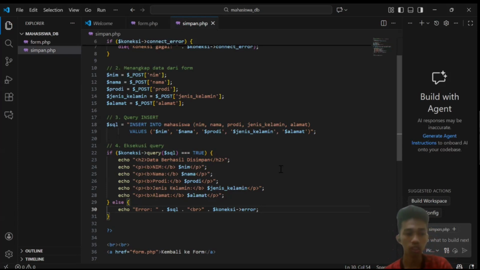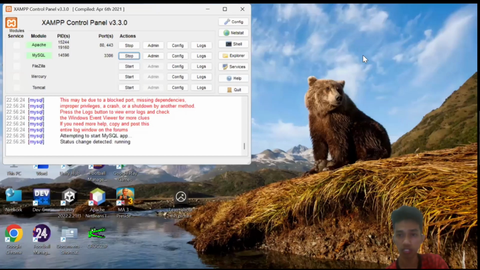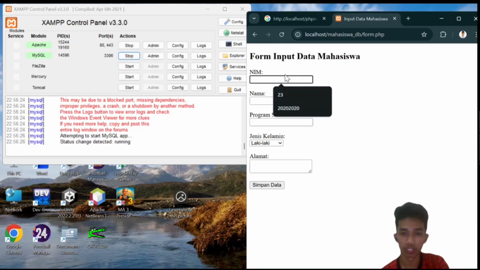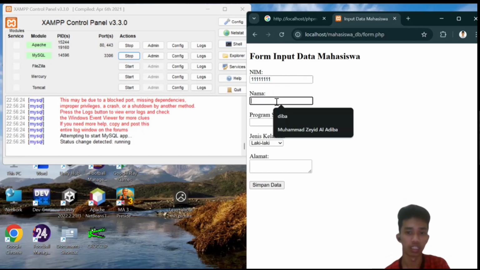Then, if you want to run the PHP, we type localhost mahasiswa DB from PHP. Then we fill in the student ID, this one, one.